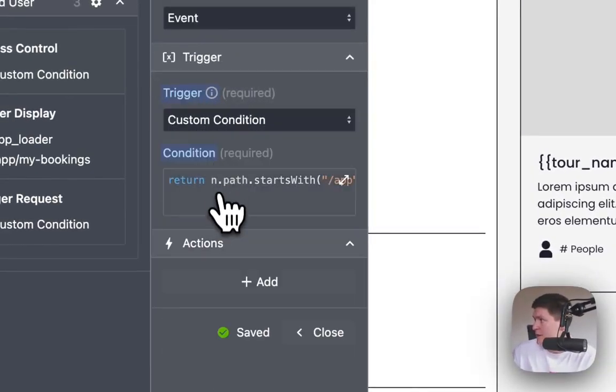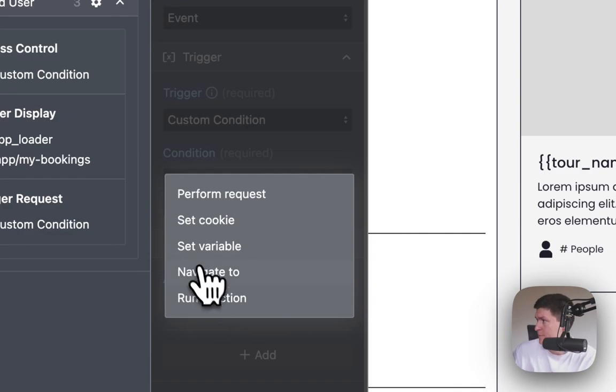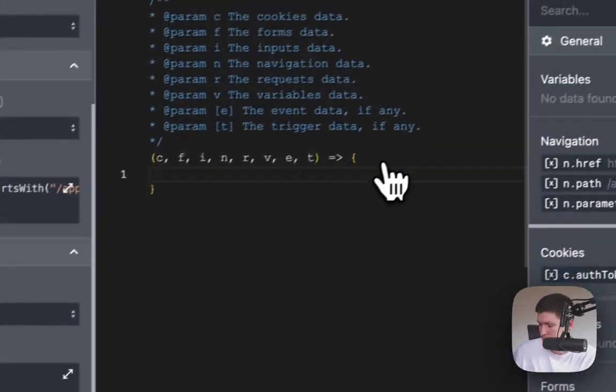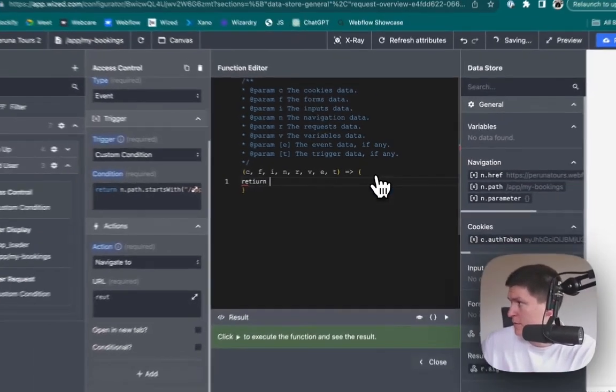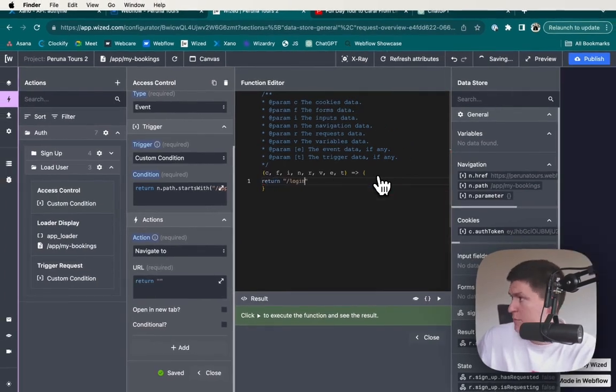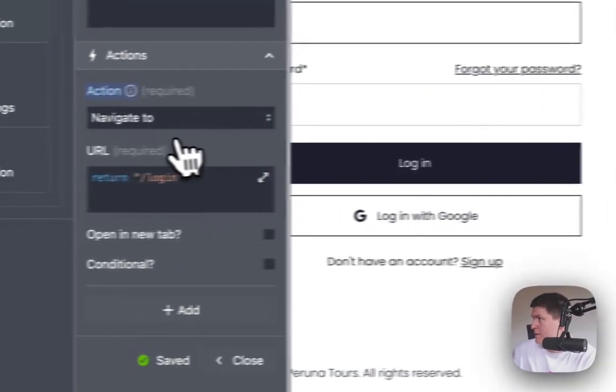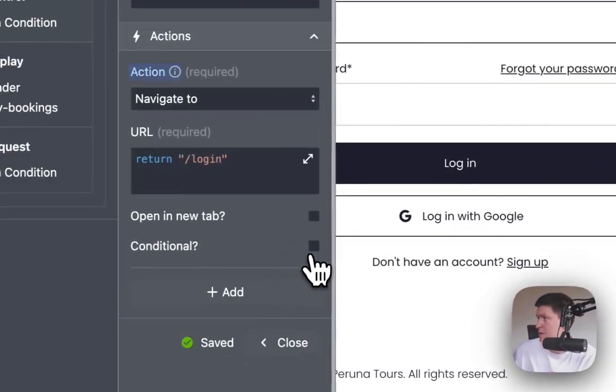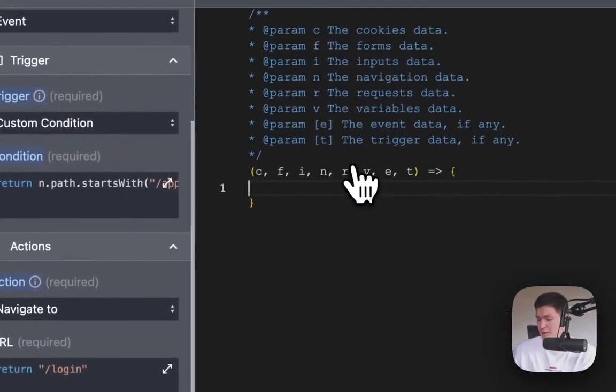So we want to navigate the user to the login page, probably return to the dash login page. But there has to be a conditional for that. So we will do conditional if